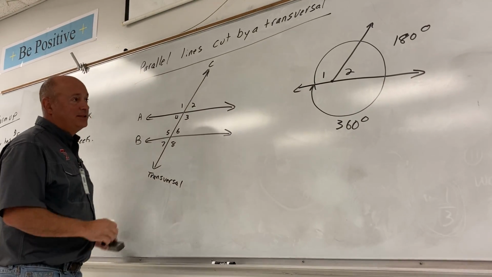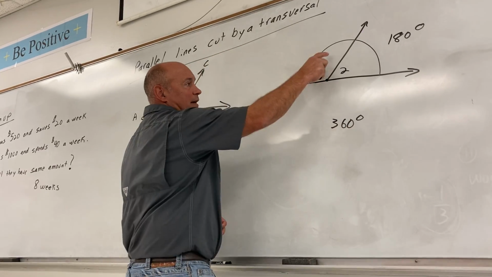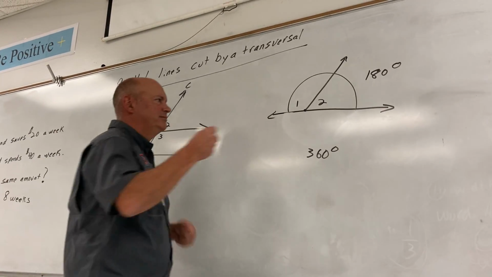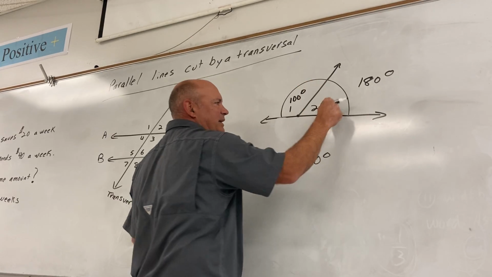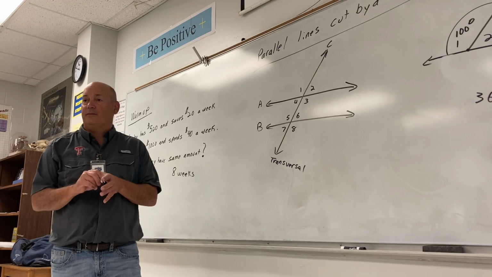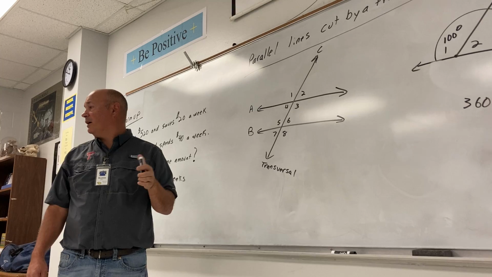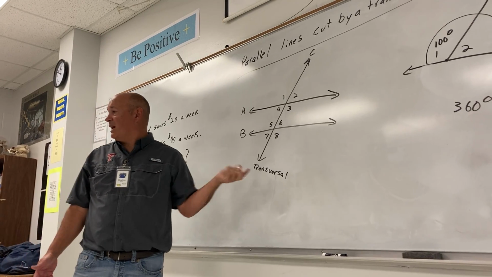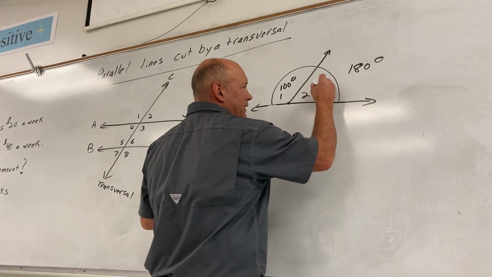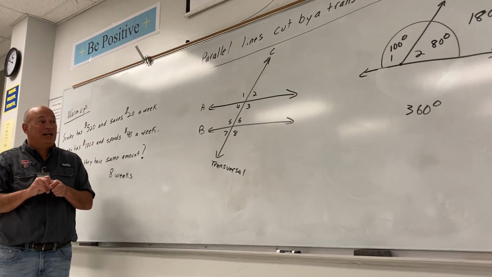So, let's look at the 180 degrees. What if I tell you angle 1 is like 100 degrees? How could you figure out how many degrees angle 2 is? Subtract from 180. Clover, I hear you. Subtract from 180. Sure, 180 minus the 100. How many degrees would be left for angle 2? 80. Okay. Keep that in mind as we go through this transversal, because if you notice,